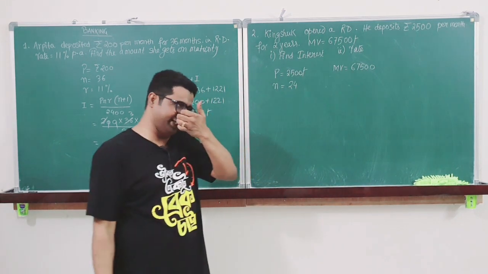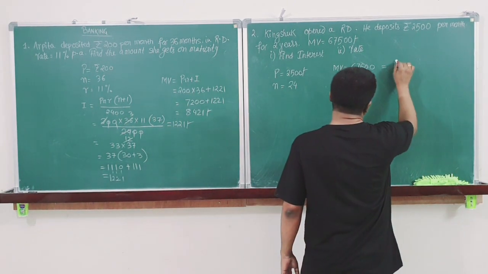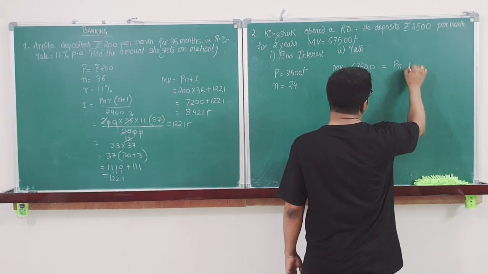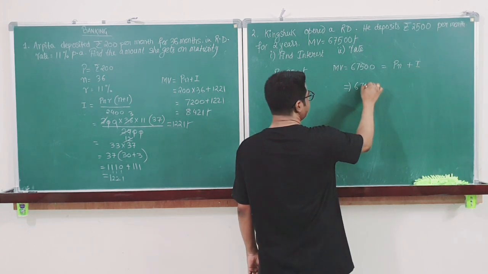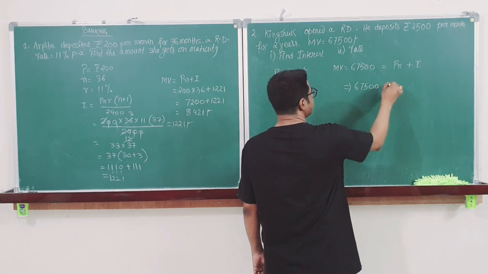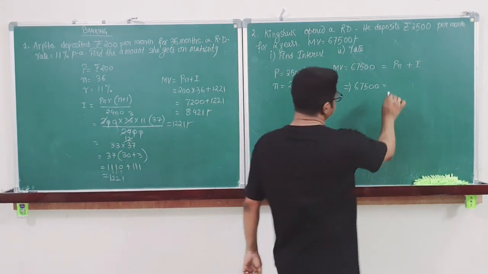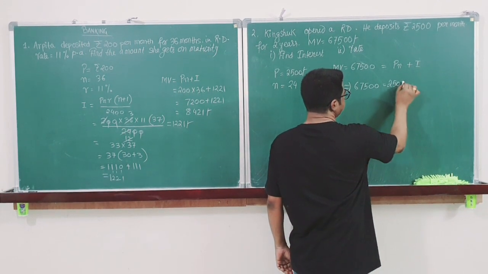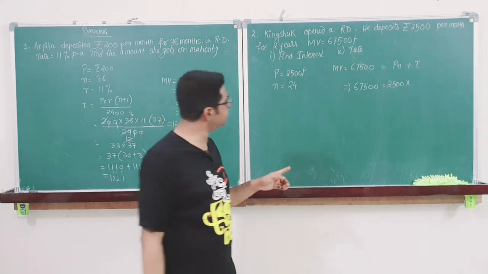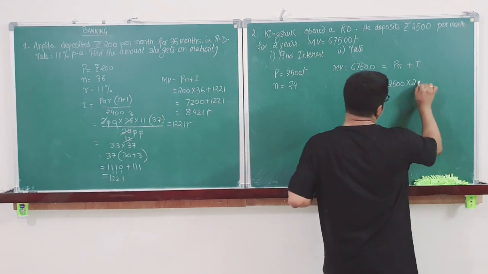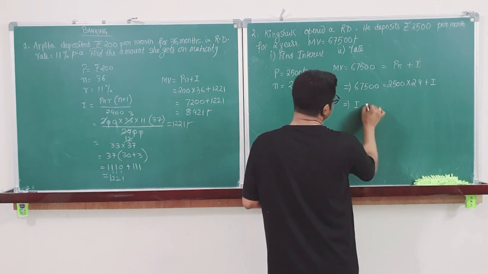So how do I calculate interest? Maturity value is already given. Maturity value is P into number of months plus interest. So 67,500. P is how much? 2,500. 2,500 into 24 months, sorry, 24 plus I. So I is equal to